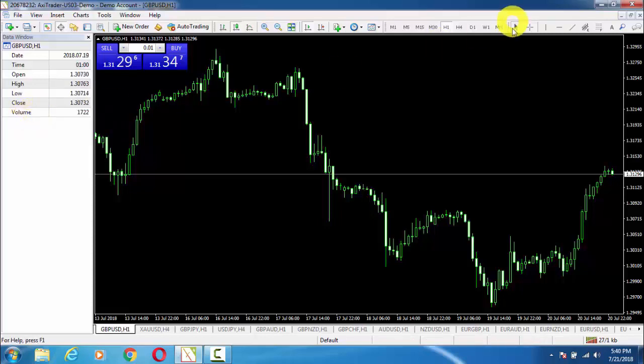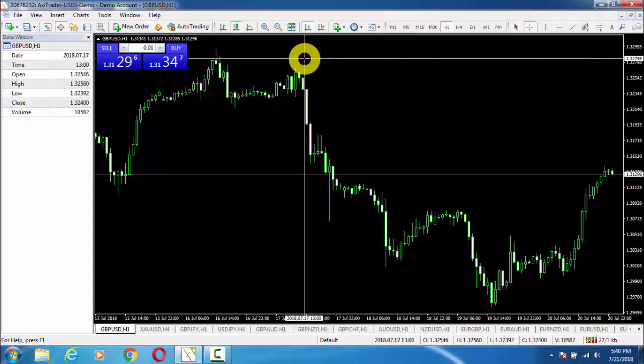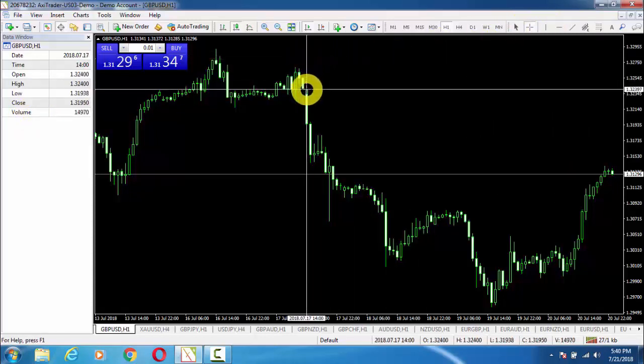Like if I want to get data of this candle, for example, it will let me know about data of this candle. As we can see here in the bottom where is the chart of GBP NZD, just a little above that, we can see 2018 07 17 14 hour.